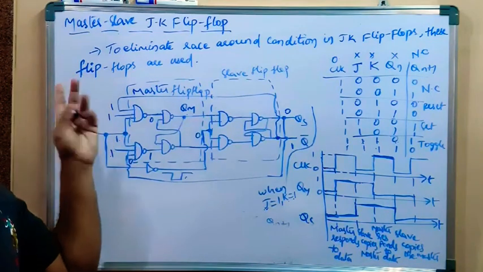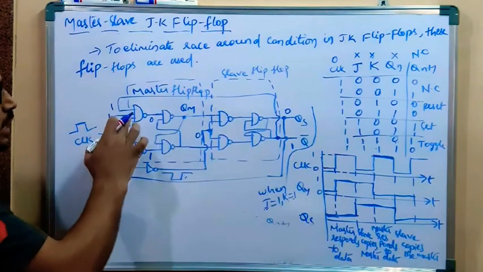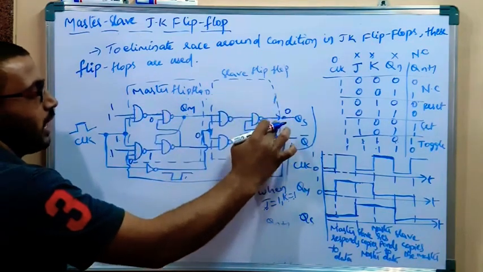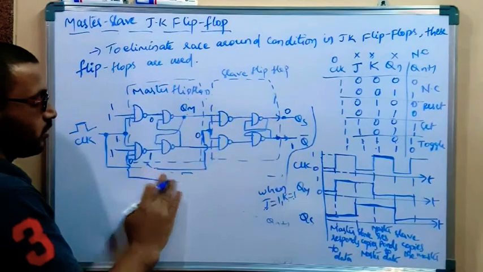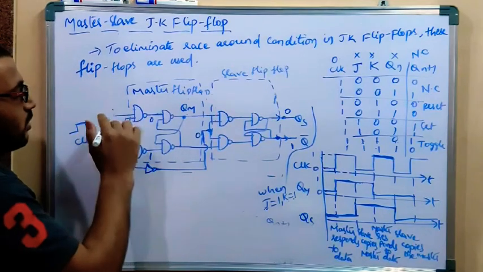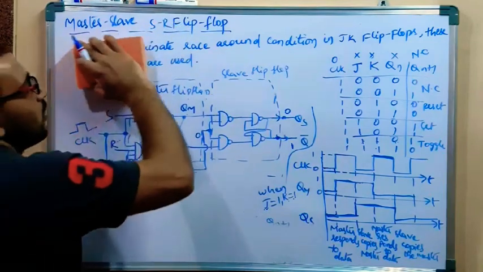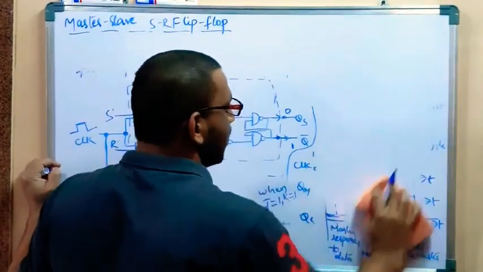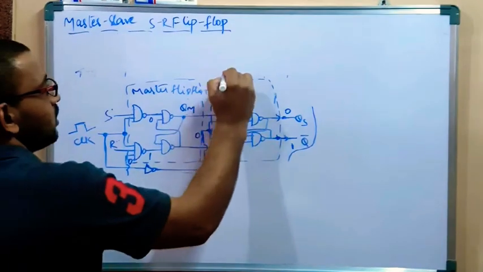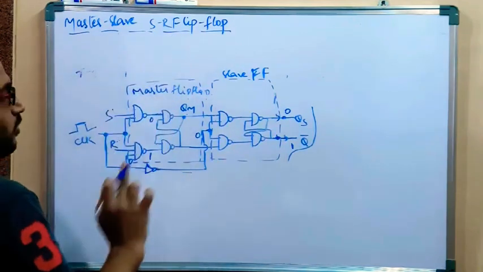And also for D flip flop, you can draw the master slave flip flops. For that, there is no feedback connection. Now this clock pulse is inverted. Now this becomes S, this becomes R, this becomes master slave SR flip flop, right? So the truth table is the same. When you are drawing the waveforms, you have to take care. So this is master, this is slave flip flop. This is the master slave SR flip flop logic circuit.